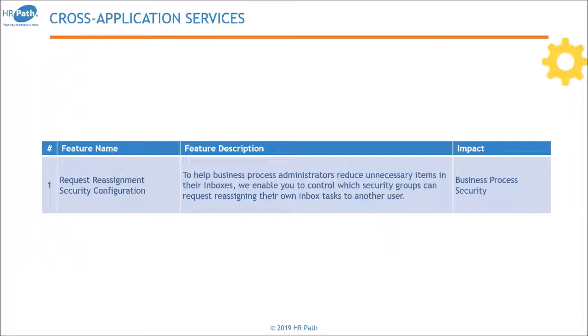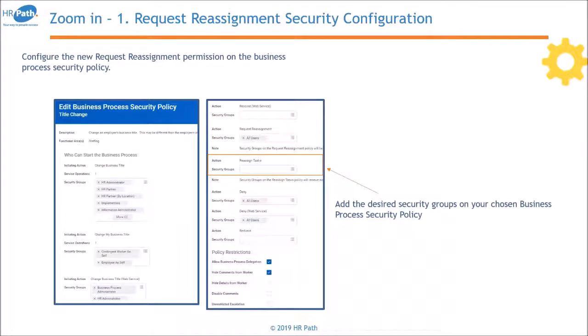I will be highlighting a few cross-application services that we want to highlight for you from the new release for Workday. So the first feature is that you can configure who can reassign tasks or items in the business processes. If we look at the next slide, you can go to the business process, for instance, and you can look at the permissions for the business process, and there you will find a new action, reassign